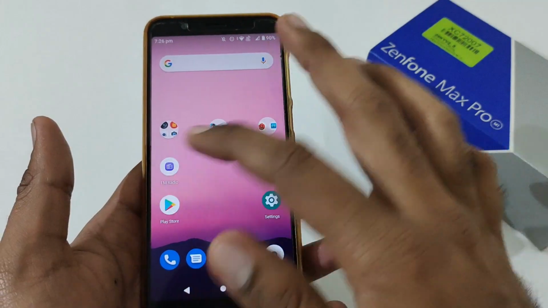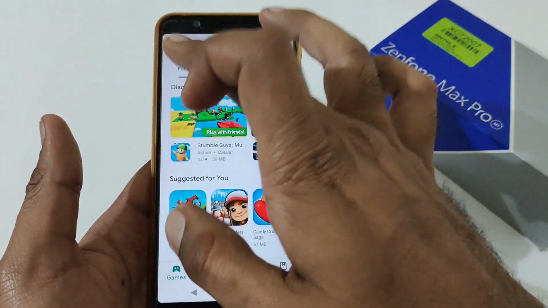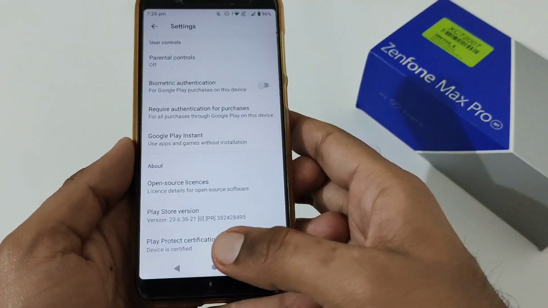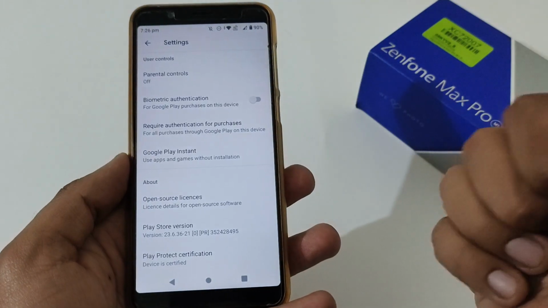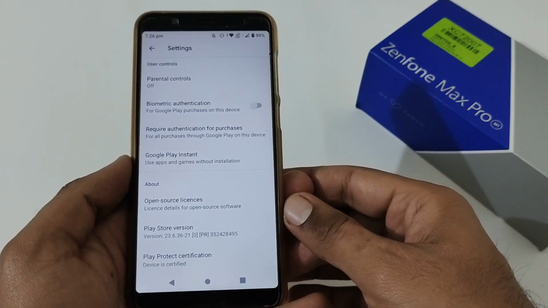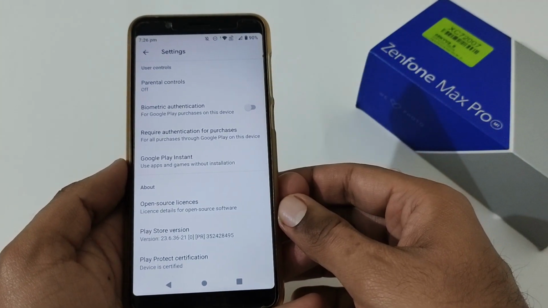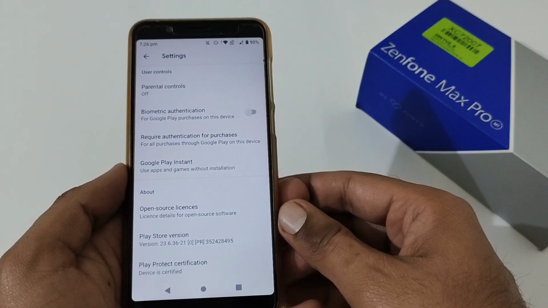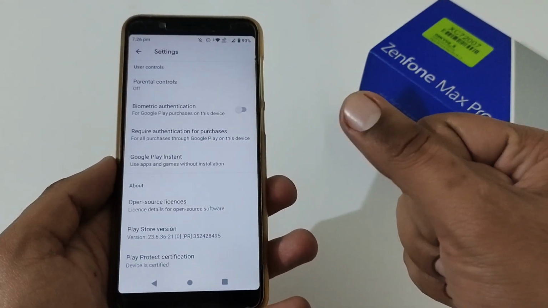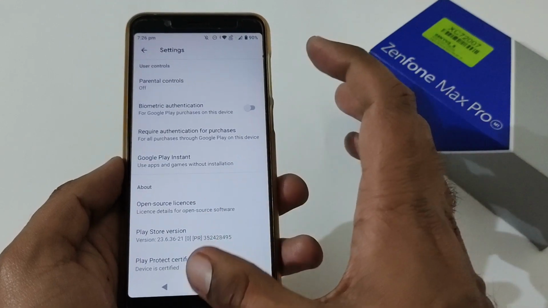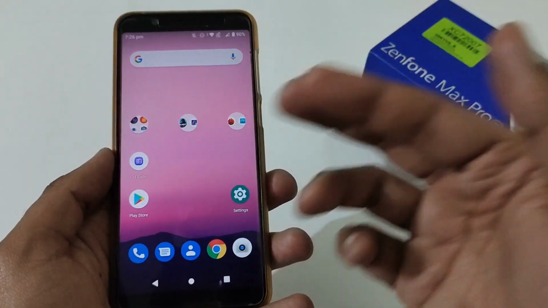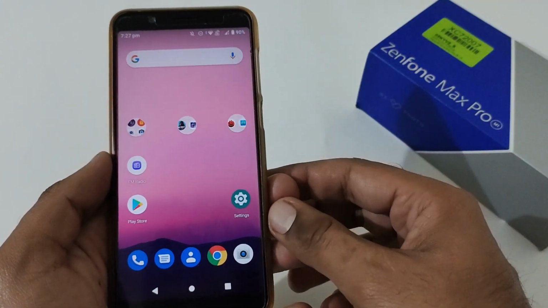Now let me open Play Protection, I would say Google Play Store, and we'll discuss the Play Protection certification. So the device is certified on Android beta 5 as well as on Android beta 4. Usually the device is certified whenever you flash stock ROM with a locked bootloader. But if you have unlocked your bootloader, then you will see the device is not certified, which is common. In that particular case, no one can do anything. But if you have installed Magisk with some custom recovery, then you can hide it and it will show you the device is certified and so on.